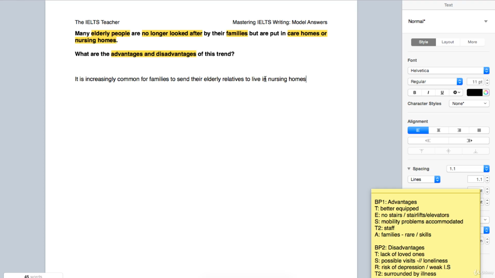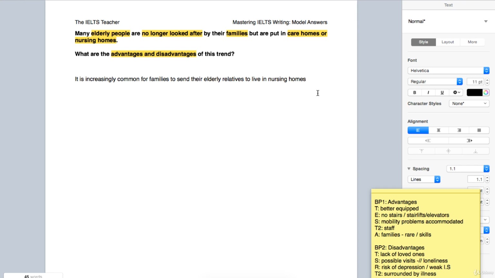Okay. That's great. We don't really need to say care homes or nursing homes, otherwise you'll keep saying it over and over again. It really is okay just to pick one or the other, and then you can kind of alternate as you go through. It's not really a difference of British or American English. Like I say, I think it's just them giving you an extra chance to understand the task.